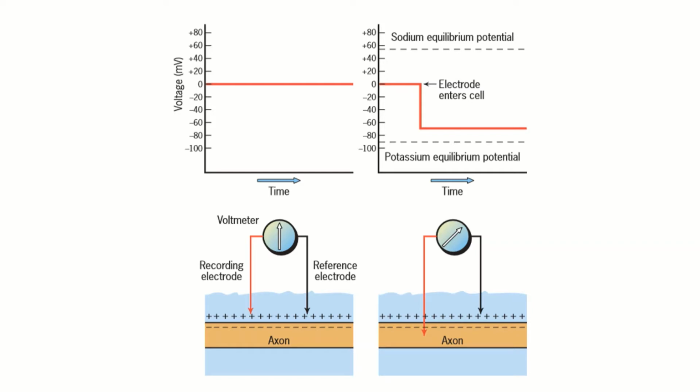Notice also in the graph how the sodium equilibrium potential, that's the equilibrium when the sodium ions have completely randomly dispersed throughout the outside and the inside of the cell, is really high, around plus 60 millivolts, while the potassium equilibrium is really low. And that's also the equilibrium, meaning the potassium ions would have spread randomly throughout the inside and the outside of the cell if that equilibrium is achieved.